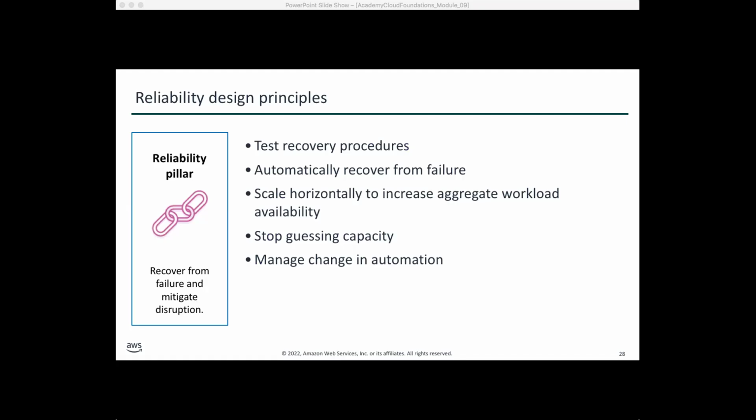A good idea is to use automation here as well. Automatically simulate different failures, or create scenarios that would lead to failure. This practice can expose failure pathways that you can test and rectify before a real failure scenario. Now, automatically recover from failure. So you should use, for example, CloudWatch events.